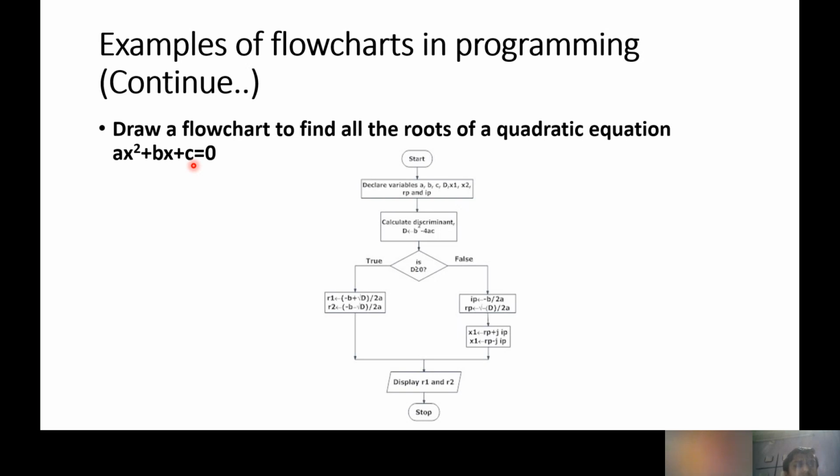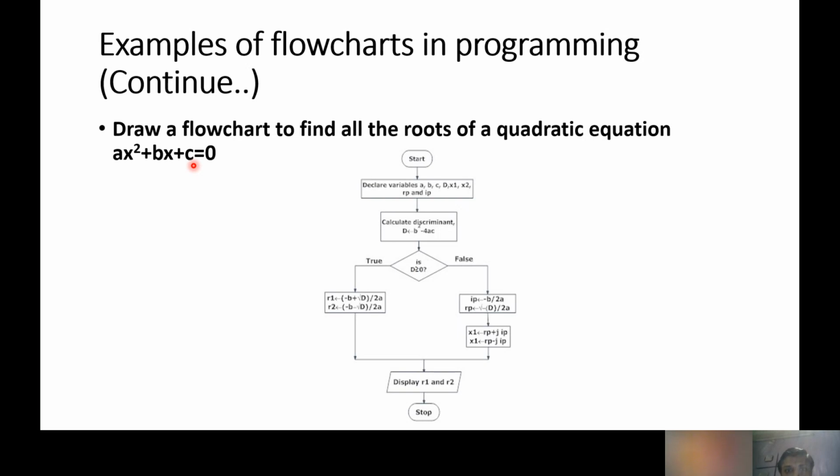We need to find out delta value. What is the value of delta? If the value of delta is greater than 0, I can say that there are two roots available for the given equation. If the value of delta is equal to 0, then both the roots are same, or in simple, it's the same root. Then third, if value of delta is less than 0, we can say that there is no root or imaginary root may be possible,